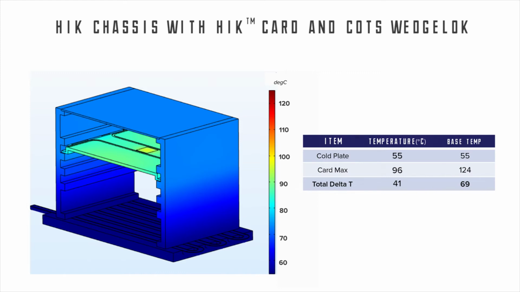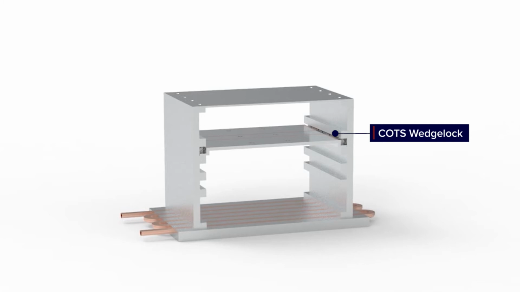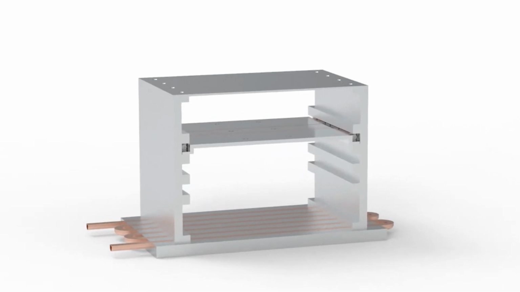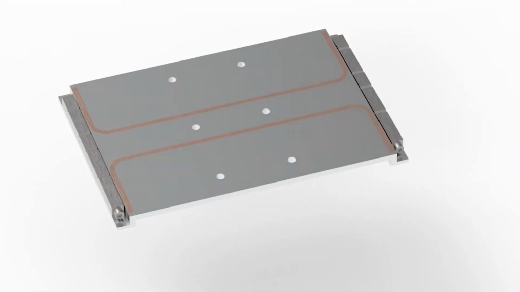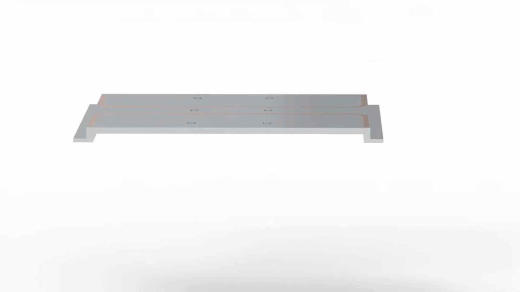High K plates in 6U form factors can routinely achieve thermal conductivities of 600 to 800 watts per meter Kelvin, dependent on component placement. The next area for thermal enhancement is at the frame to chassis interface. Off-the-shelf wedge locks provide mechanical attachment, but are not efficient heat transfer devices. Due to limited surface area and poor thermal path through metal-to-metal interfaces, the overall delta T is pretty significant for a short conduction path. ACT's Ice Lock was designed to address both challenges.